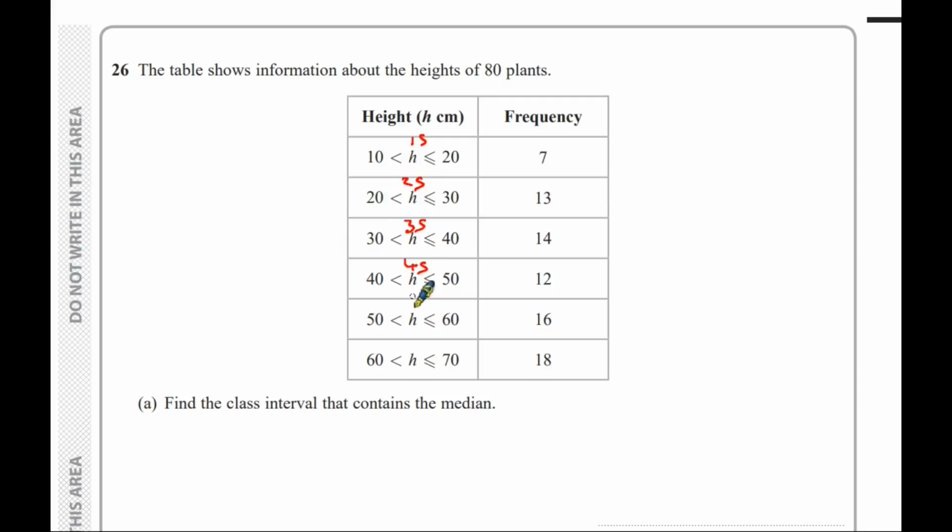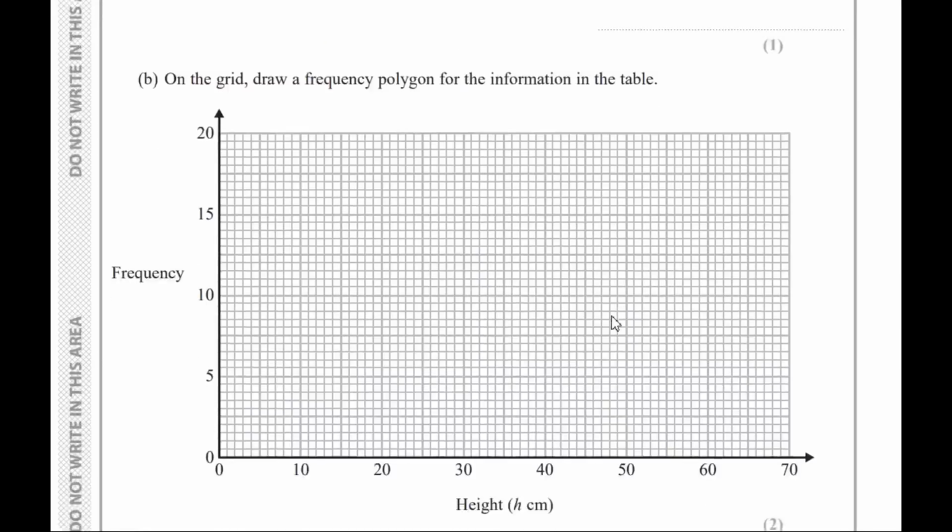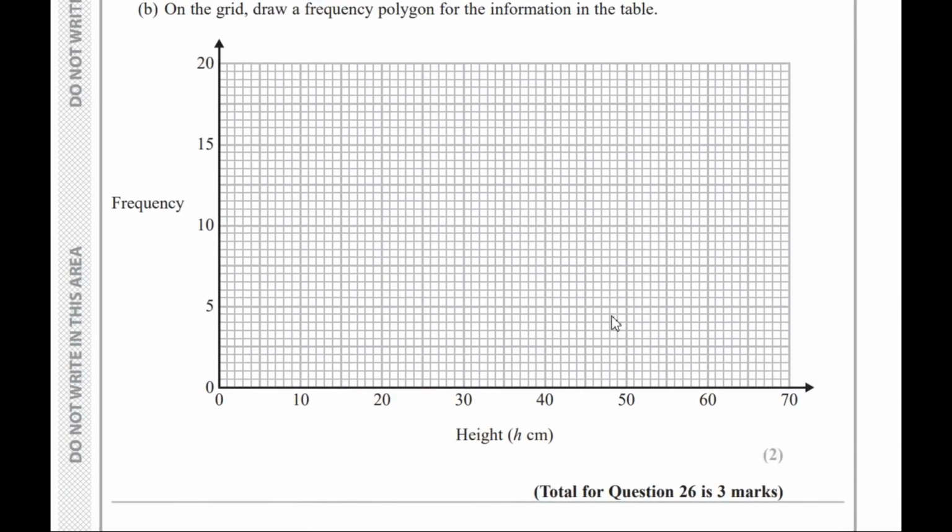Therefore, when we plot our graph, the height, which is the x-axis, we are going to use these points up to 65 here, and up the y-axis we are going to put the frequency. So let's translate that back onto the graph, and we can see the numbers are already put in there for us. We said the first class interval was from 10 to 20, so the midpoint is 15. The frequency for that particular class was 7, so our first cross is going to be at